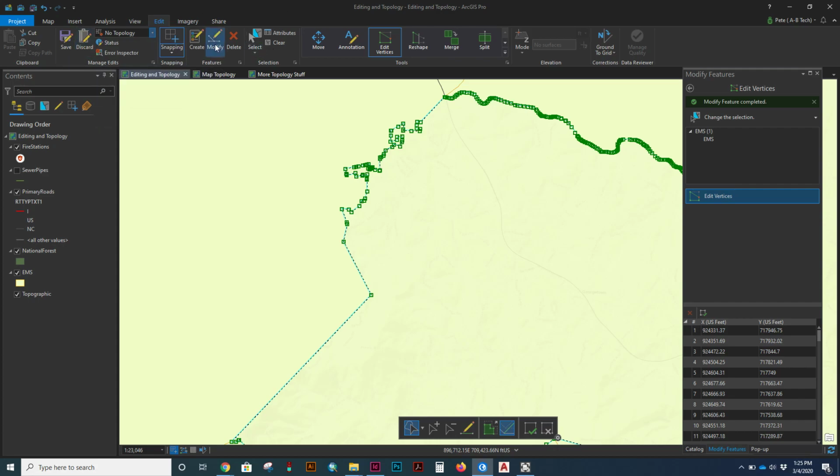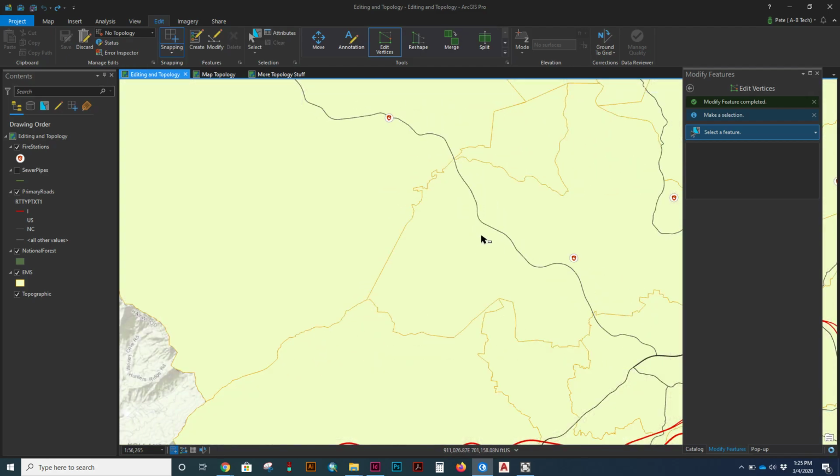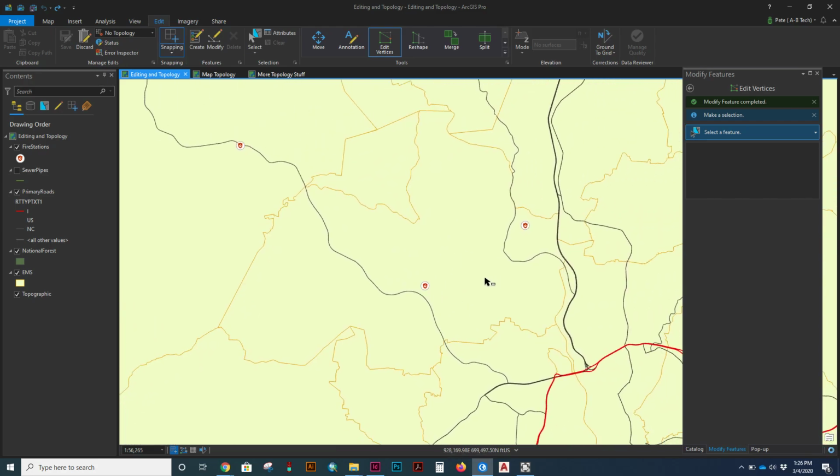But what I want to do first is show you a few other editing processes or editing tips. And so I just undid those two edits, and I'm going to clear my selection and zoom out a little bit here. So for this scenario, let's say that we want to split this polygon based on the fact that we're a GIS technician and our EMS manager, coordinator, boss came to us and said,